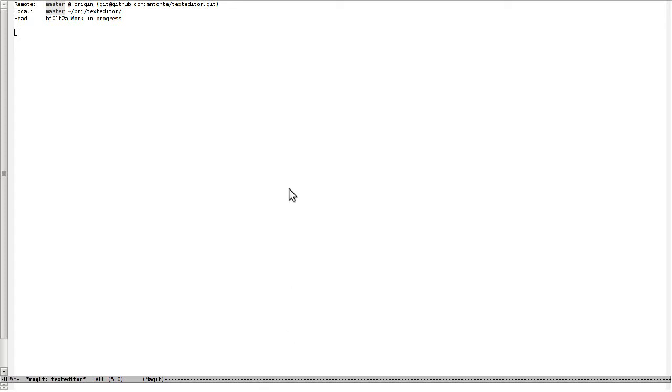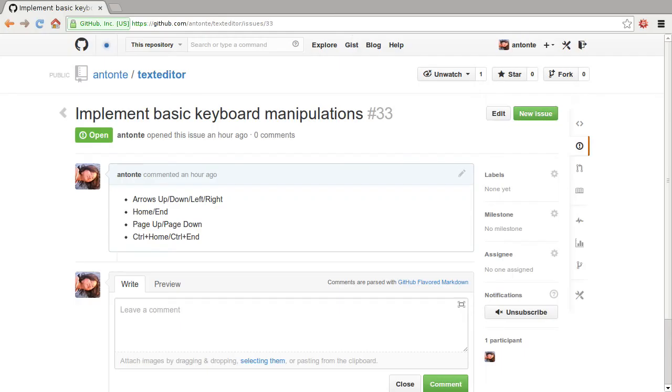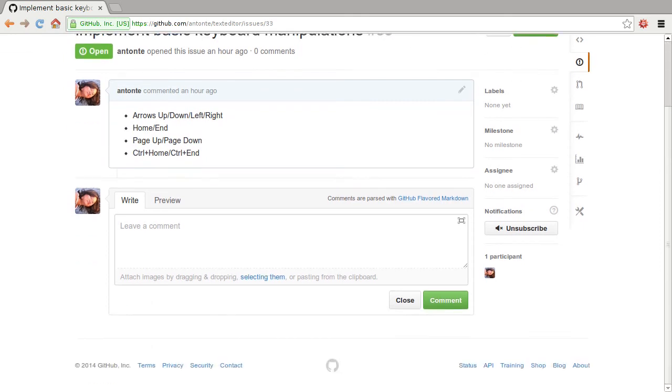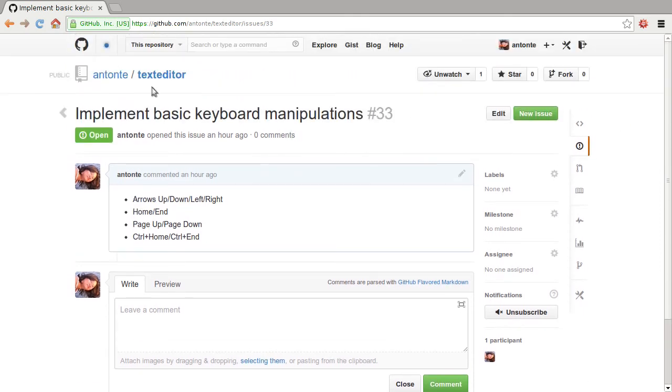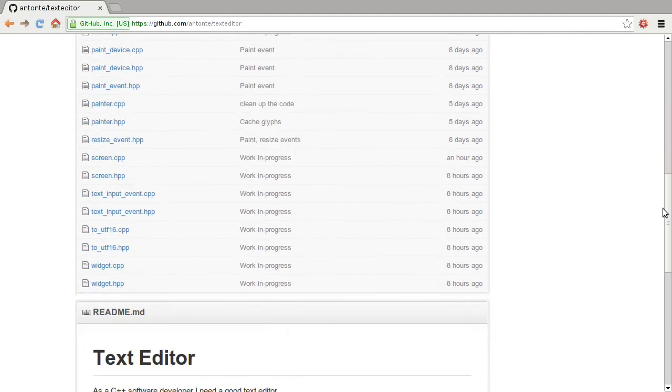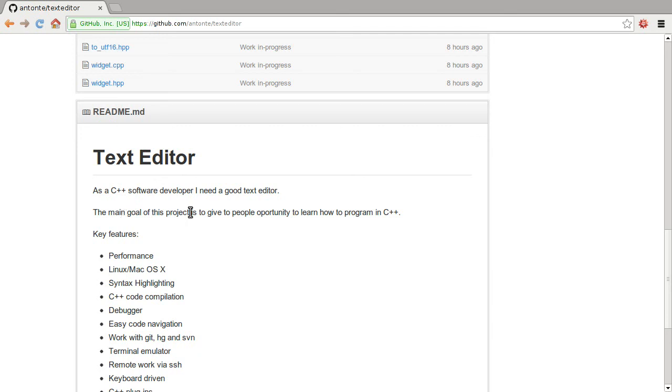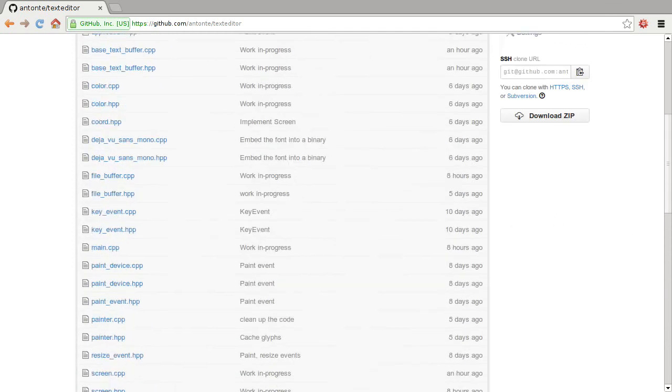Hello everybody, this is the first pilot episode of Let's Make the Text Editor, and today I'm going to show the idea behind this series. So I want to write a text editor, and why I want to do this is that I want to give people the opportunity to learn how to program in C++, and a text editor